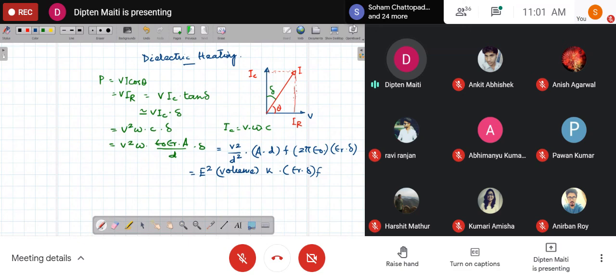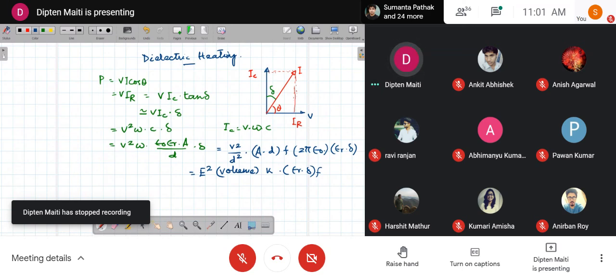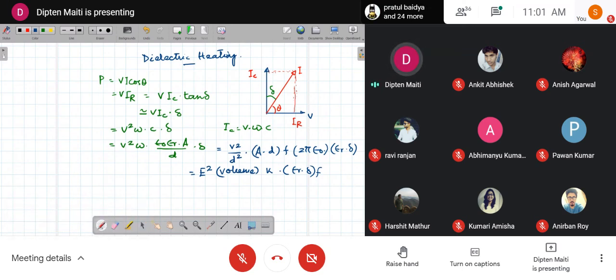Okay, so that's all about our electrical heating. We are left with the battery, and I am actually not interested in covering the battery, so you just study the battery part: the fundamentals of the battery, the charging of the battery and terminating the charging, and the battery chemistry, mainly for lead acid, nickel cadmium, and lithium ion batteries.